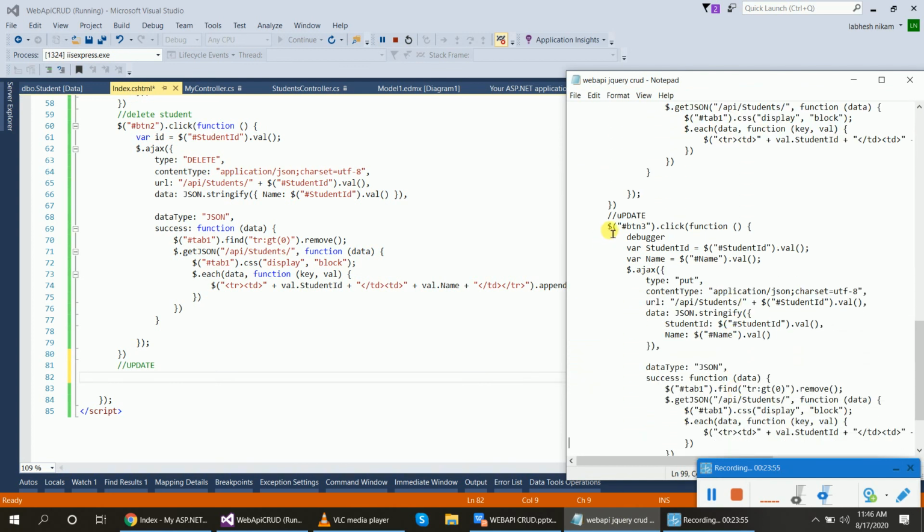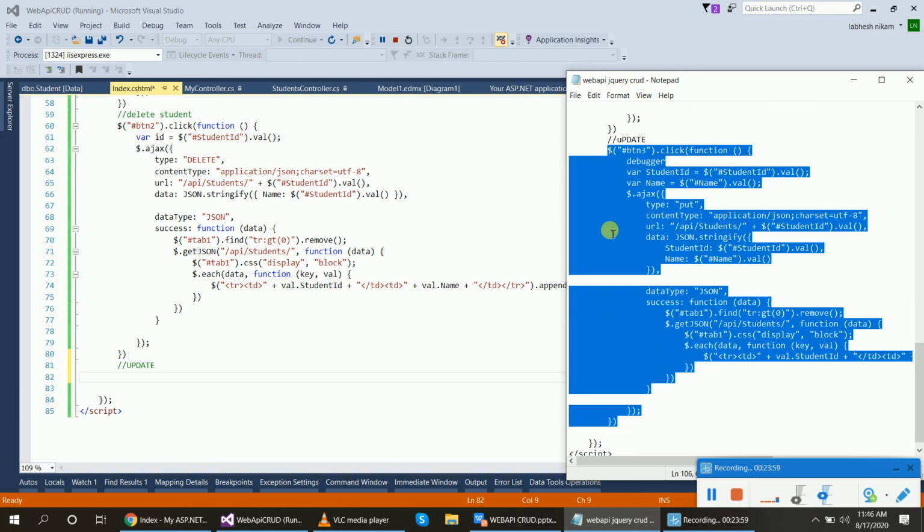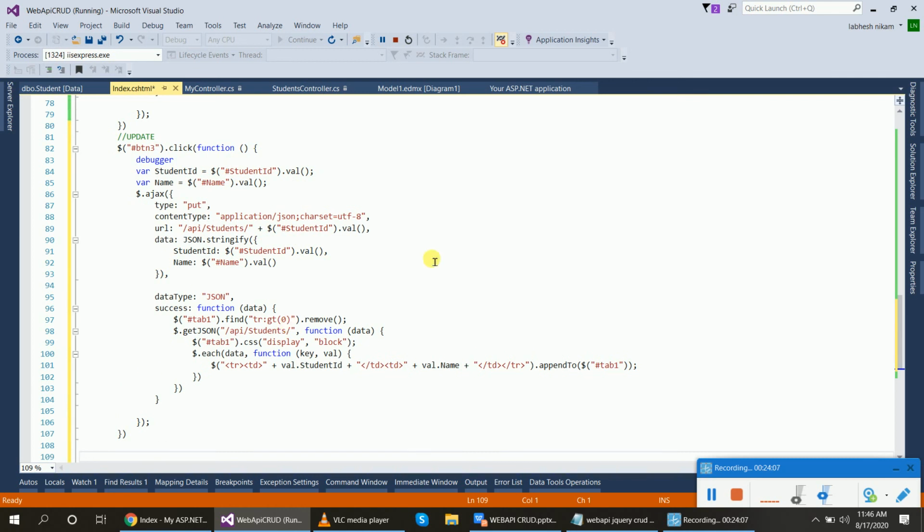To update the student, we have created one button and the name of the button is btn3. So I have used the btn3.click function, which requires ID and name. So I created variables student ID and name, provided the value of the ID for their properties, and created the Ajax code.